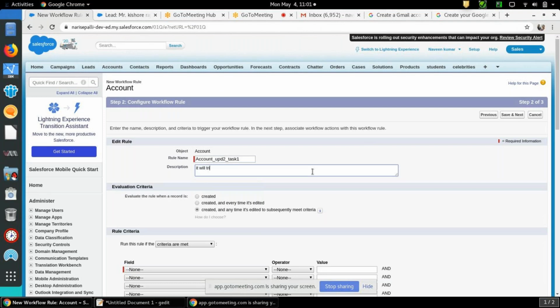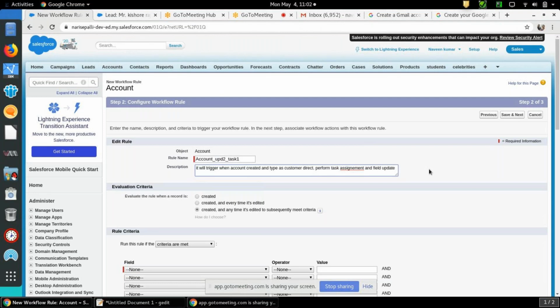It will trigger when account created and type as customer direct, perform task assignment and field update.